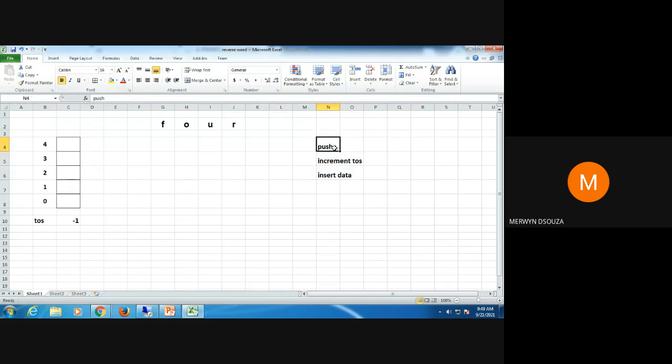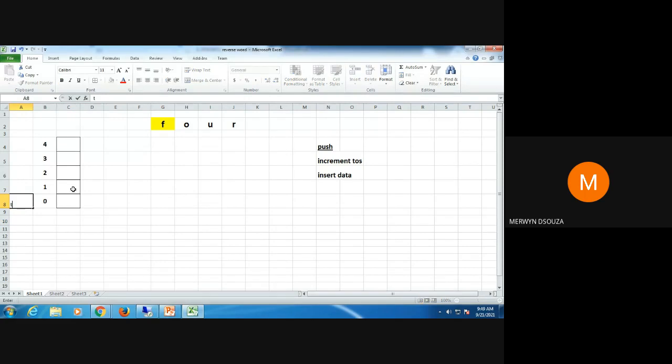So these are my 2 steps for push. First is increment the top of the stack. Second is insert the data. I'm reading this first alphabet F from the keyboard. So I will increment the top of the stack.